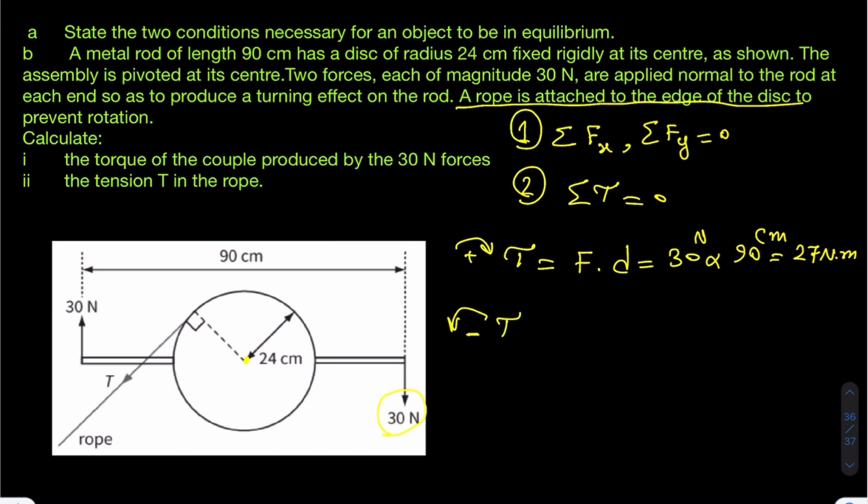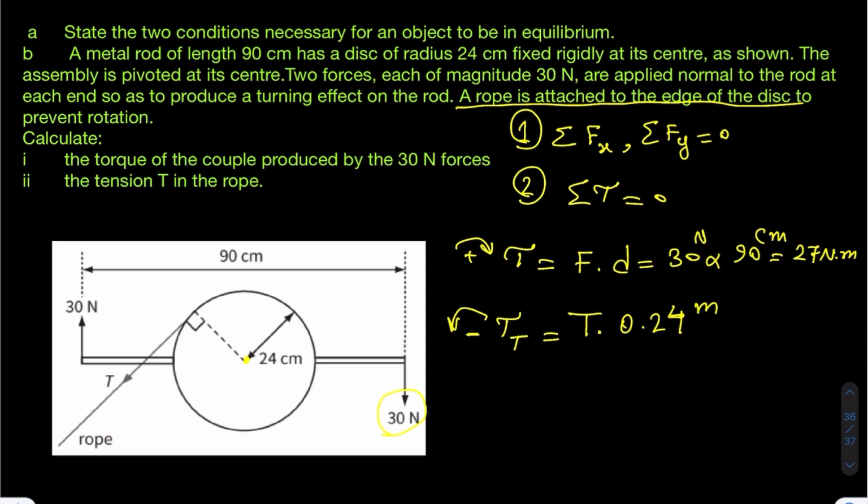Okay, and we say torque sub T. That means the torque created by the tension force in this rope will be equal to the radius which the disc has times the tension force, which will be equal to tension force times 0.24